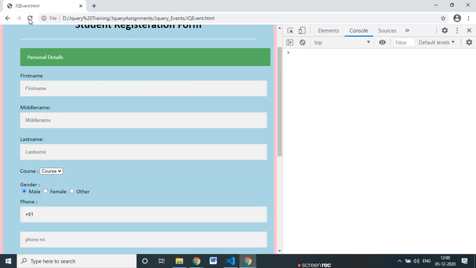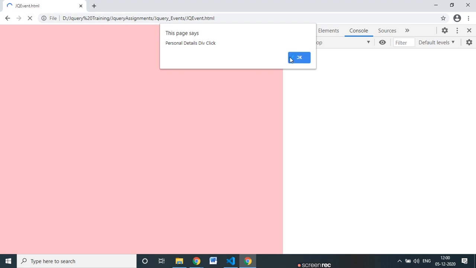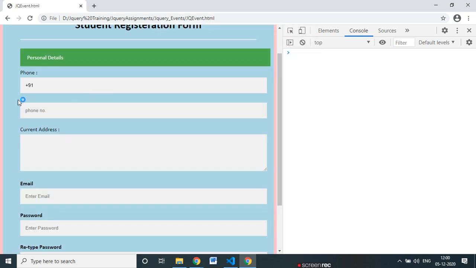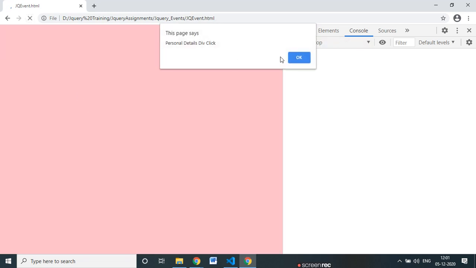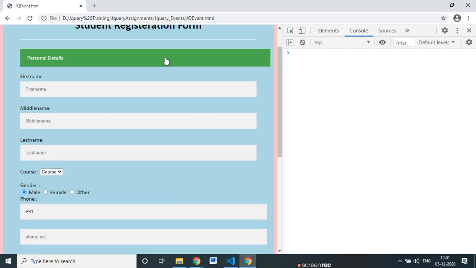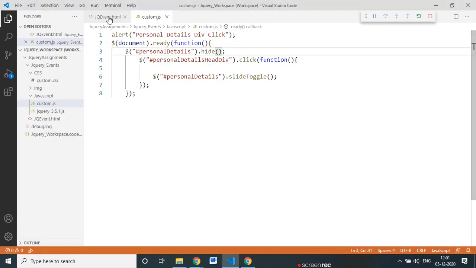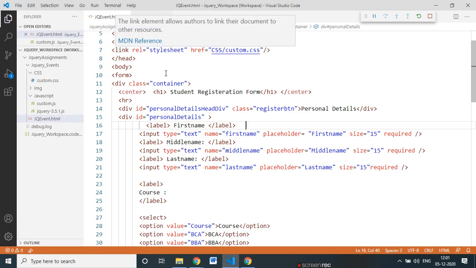Refresh. See, once I click, then only it expands, collapses, expands, collapses. Initially it was in a hidden state, right?